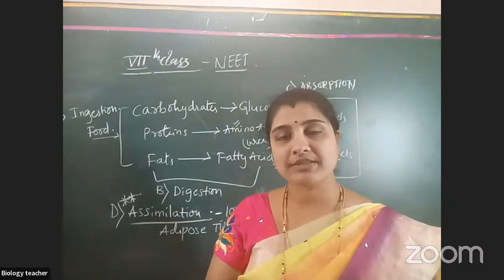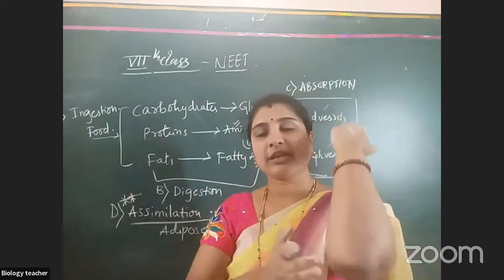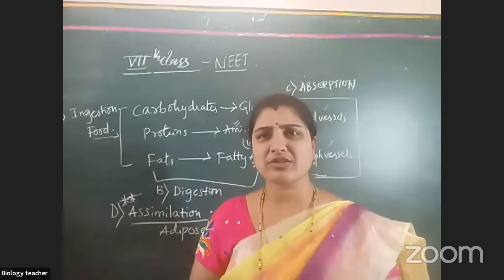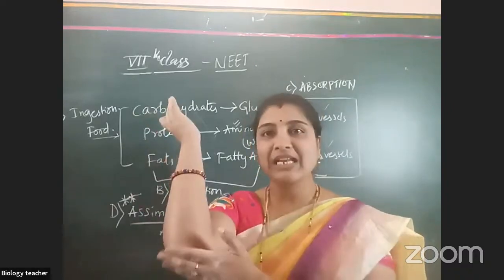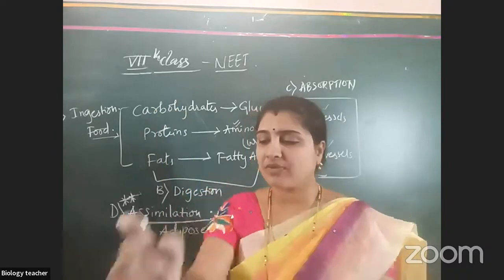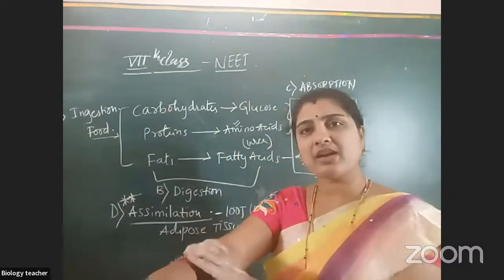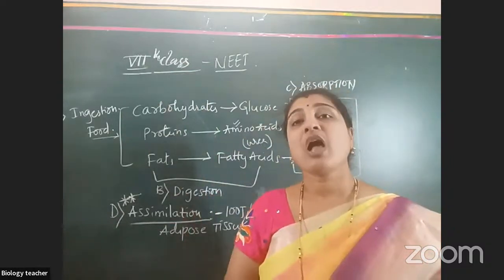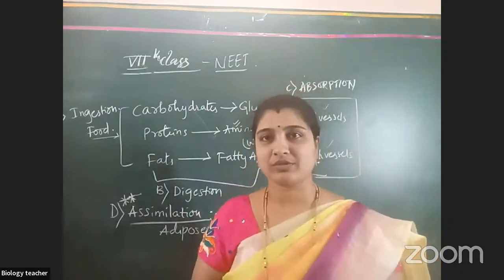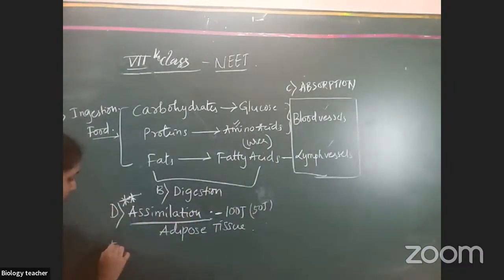But if it is not excreted in the urine, it will settle in the joints. Urea is a waste, not useful. If it settles there, we will get pain. That urea will eat the joints and we will get pain. We can't hold or move the hand without joints. So how much energy we need, that much we have to take inside the food. Okay, hope you understand. Next, the last one is known as what?